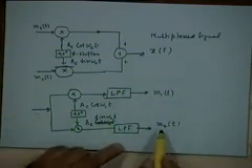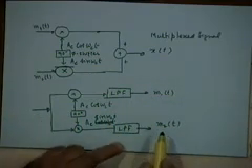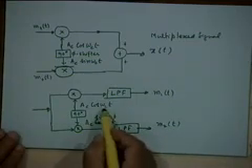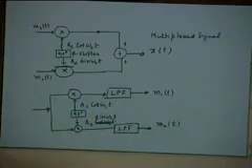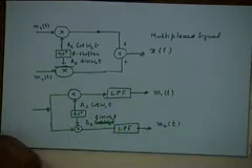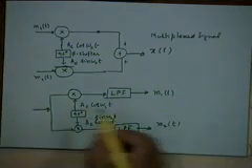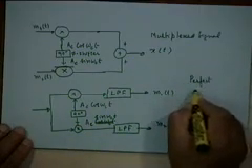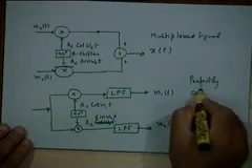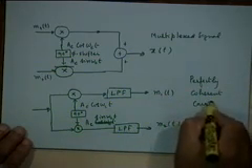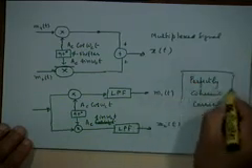Similarly, m1(t) will not have any component in this path, provided of course we have perfect phase coherence, that is, cosine omega_c t is in phase with the cosine omega_c t component of the incoming signal, and sine omega_c t is in phase with the sine omega_c t component of the incoming signal. So you require perfect phase synchronization, a perfectly coherent carrier as before. So if you are ready to pay this cost,